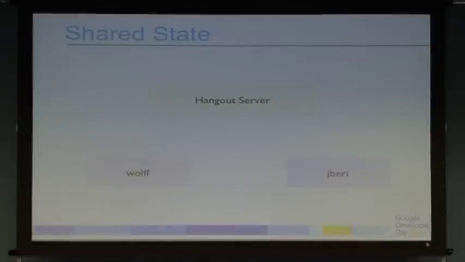Now the shared state. Here's a fictitious example. There's a participant Wolf and there's a participant Beri, and they both have the same app installed. Wolf does something, that goes to the shared state server. And it's, let's say, move my robot. So we send that move my robot information to the Hangout server. Then the Hangout server handles the callback and sends it to every participant. So any action that's part of the shared state is available to every other member. And that's very useful for building very simple interactions, and also very useful for rich real-time interactions. It's not useful for applications that require security, but it's there.